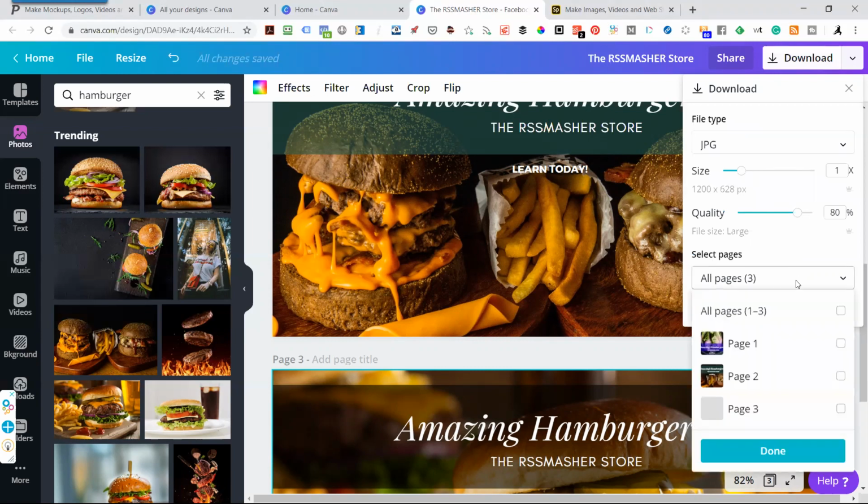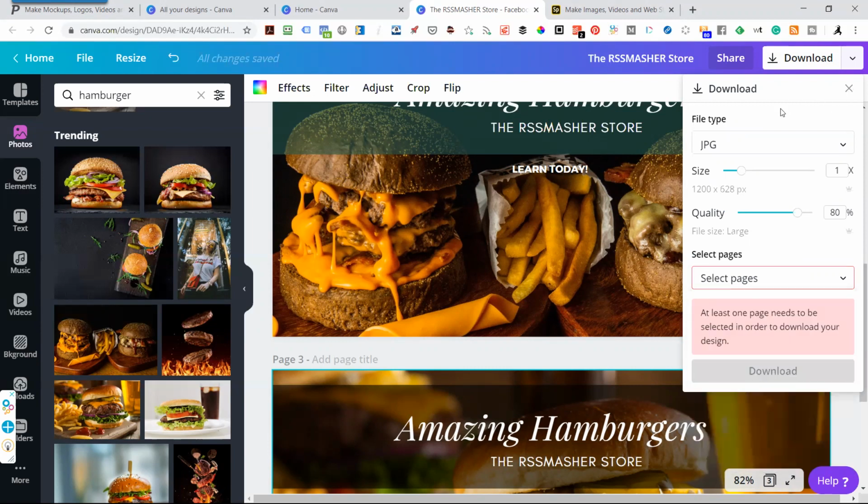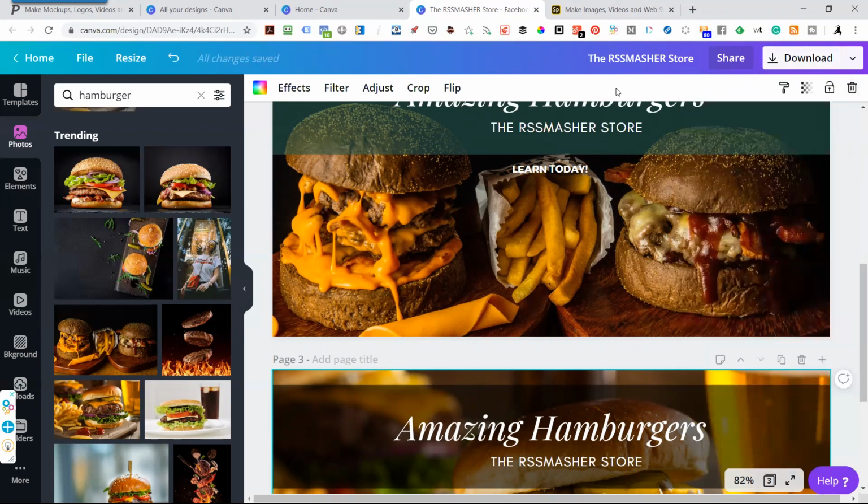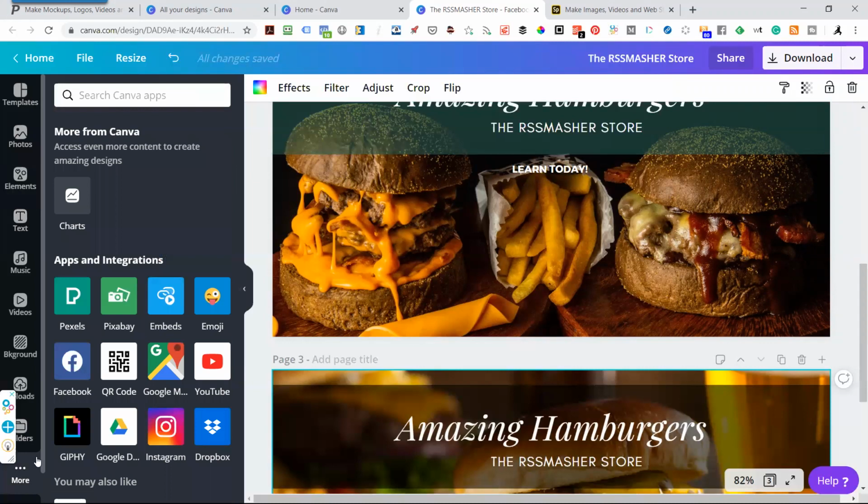Now, you can also select all the pages that you want, or you can select an individual page. Very easy to do. So this is one of my most used tools here. It is very easy to use, and every week they come out with something new that they're adding to it. Like